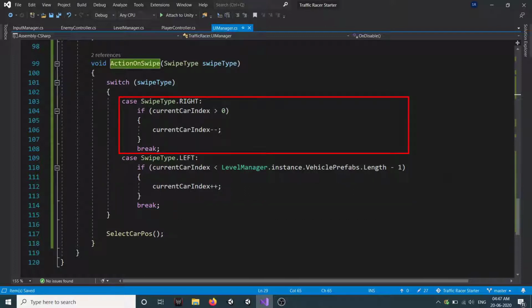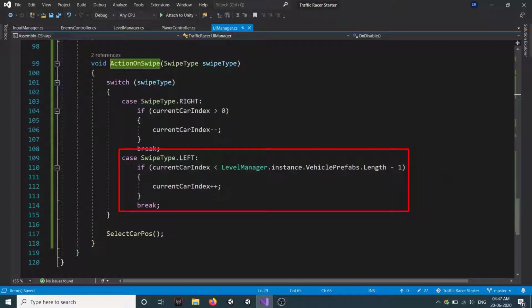Then in right case, we will check if current car index is greater than 0, then current car index minus minus, that is we are reducing it by 1. And in left case, we will check if current car index is less than level manager dot instance dot vehicle prefab dot length minus 1, then we are going to increase it by 1, so current car index plus plus.